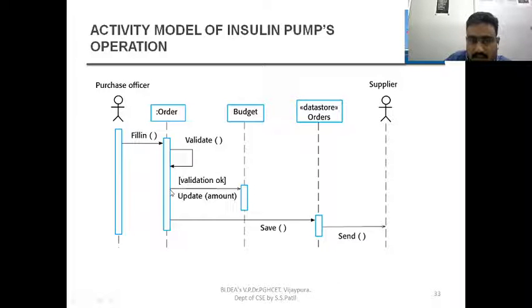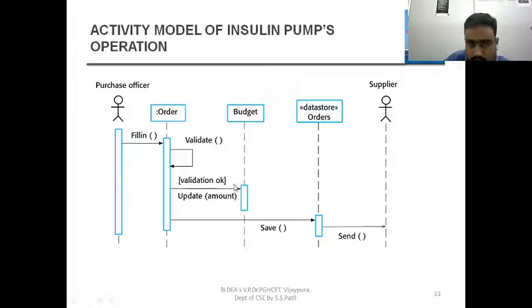Once it is validated, next the amount goes from your account to the seller account. You are getting the point? The seller account, the seller is different, Amazon is different. Amazon is only going to provide the platform. So next, the seller checks the budget, that is, the amount is credited to the seller's account, and whatever commission they have to give, they give back to the platform provider. Next, it is validated.